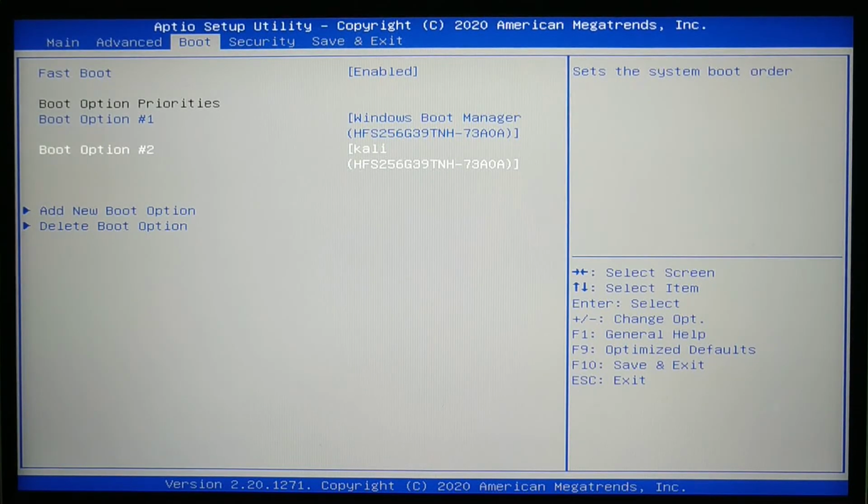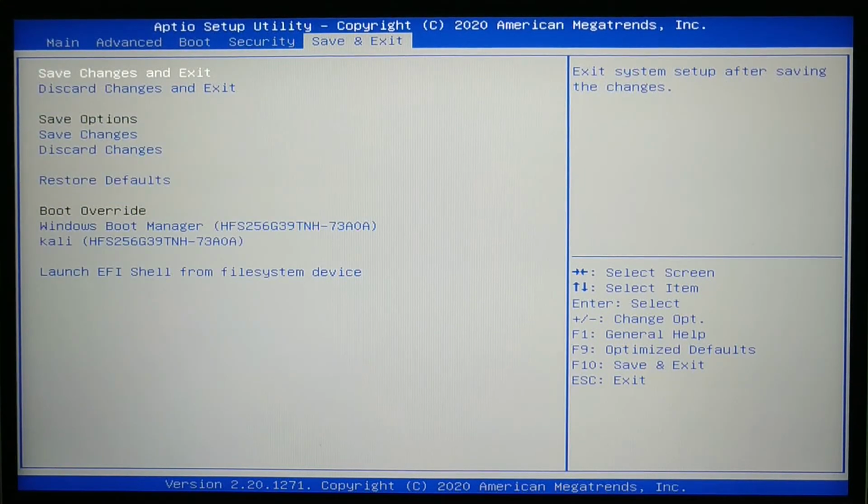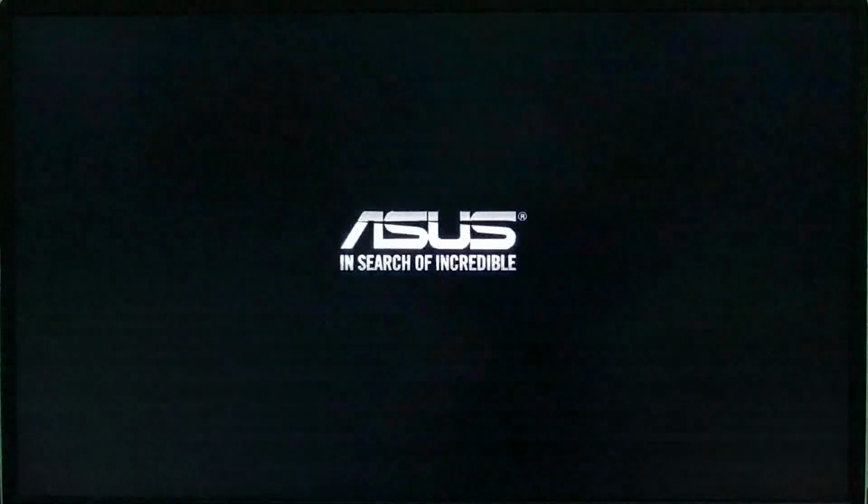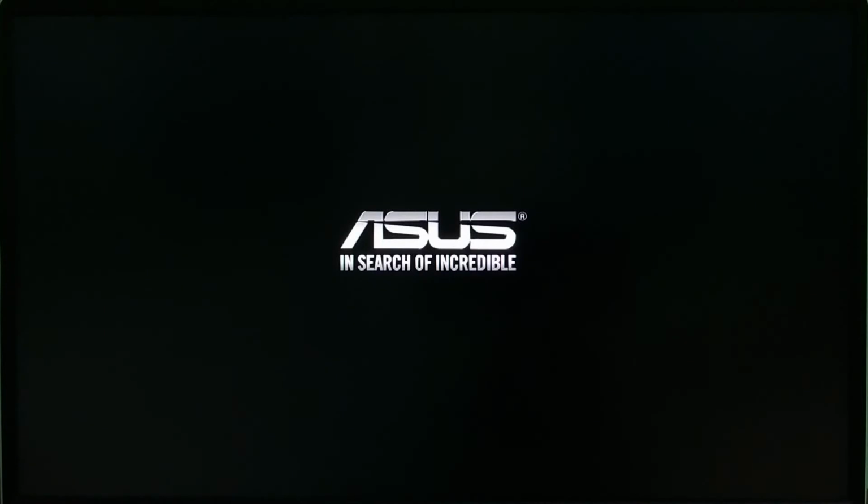After that is done, we go to save and exit, then we select save changes and exit and then enter. Then we select yes and enter. This time I am not spamming the boot menu key. You will see that it directly boots into Windows.